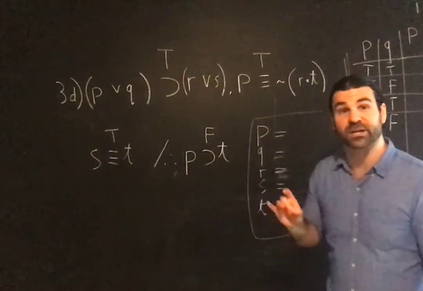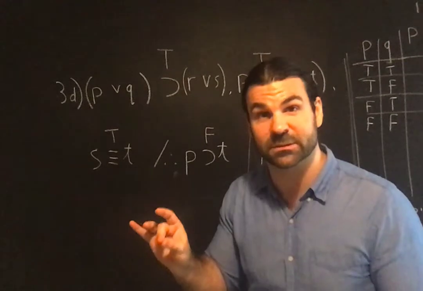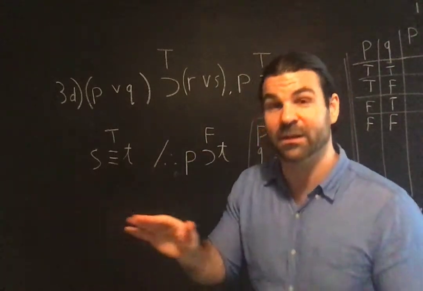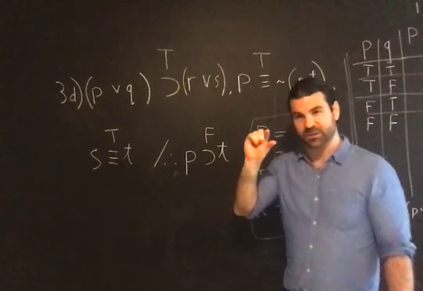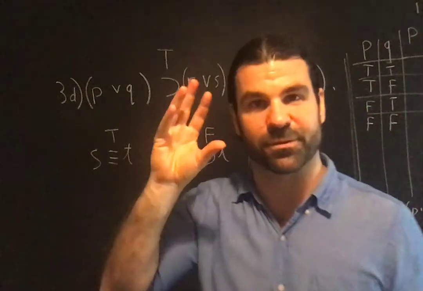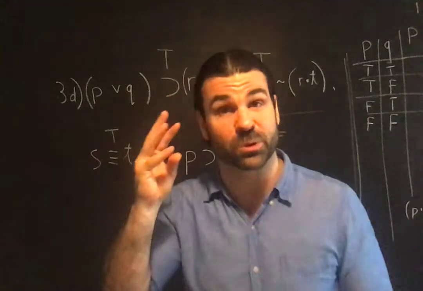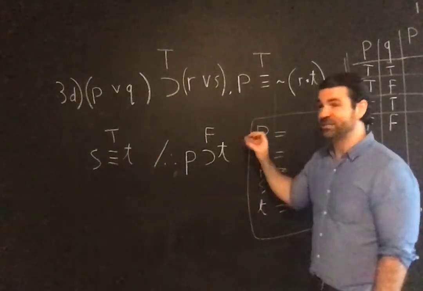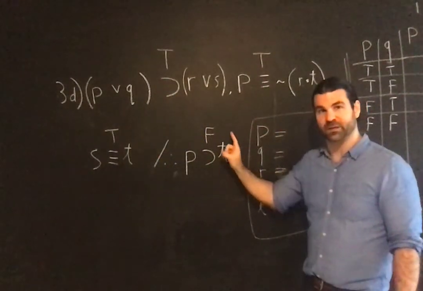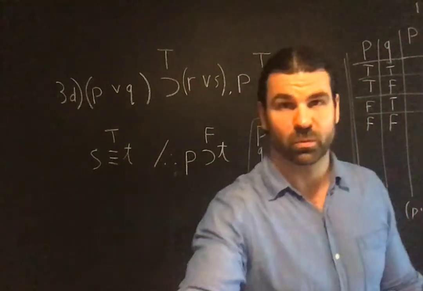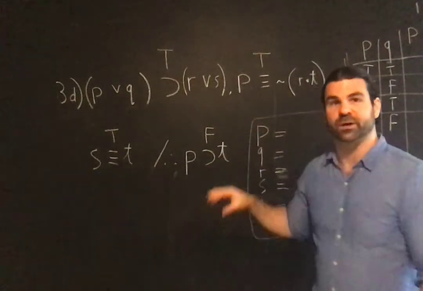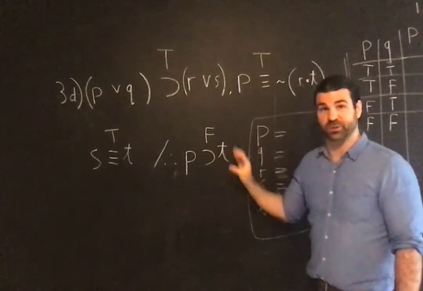But it might turn out, and this will happen in 3a, that it is not possible. I'm stressing this because this is the theoretical frame you have to have in mind to know what you're doing. If it is not possible for me to find an assignment of truth values to the P's and Q's consistent with what I've already done, that makes the premises true and the conclusion false,